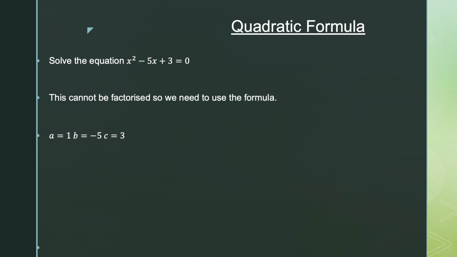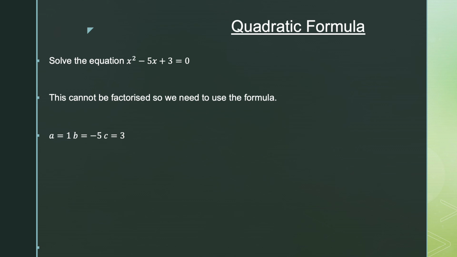This cannot be factorized, so we're going to use a formula. We know what a, b, and c are. So a is equal to 1, b is minus 5, and c is 3, since it's ax squared plus bx plus c. So x is equal to minus b, which is going to be 5, plus or minus the square